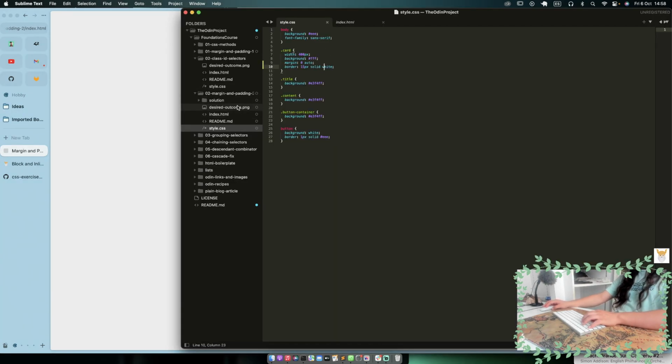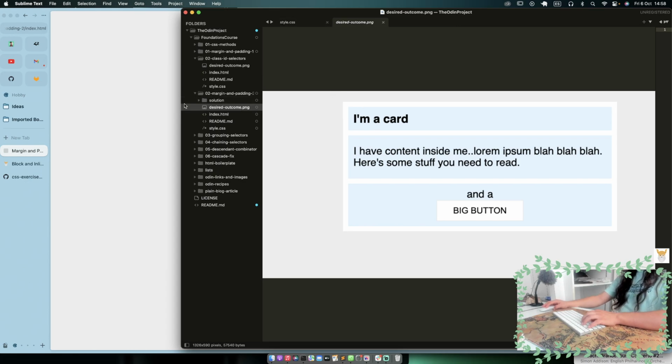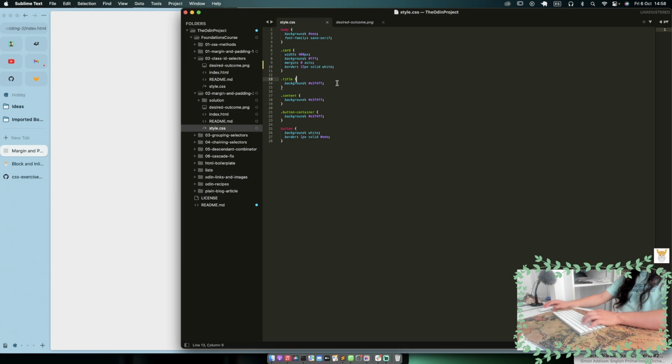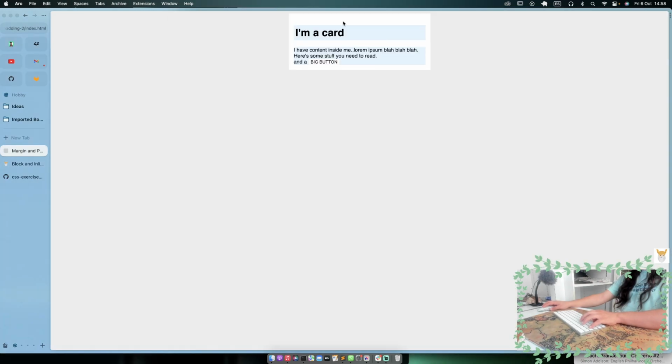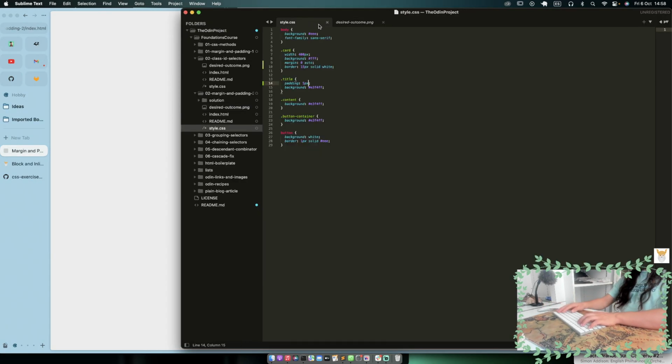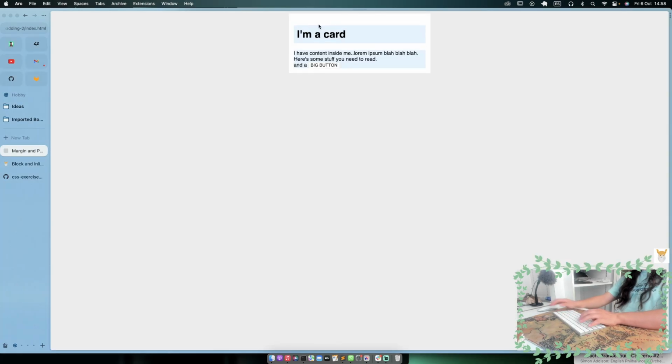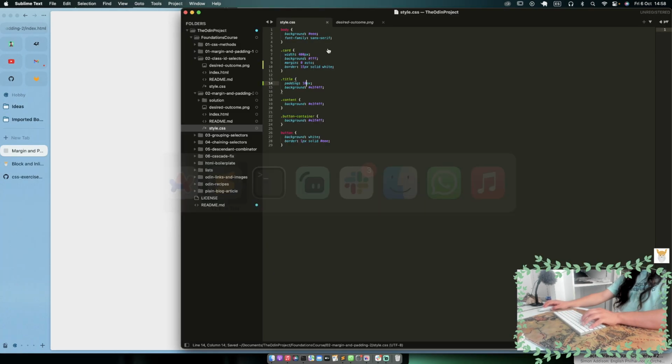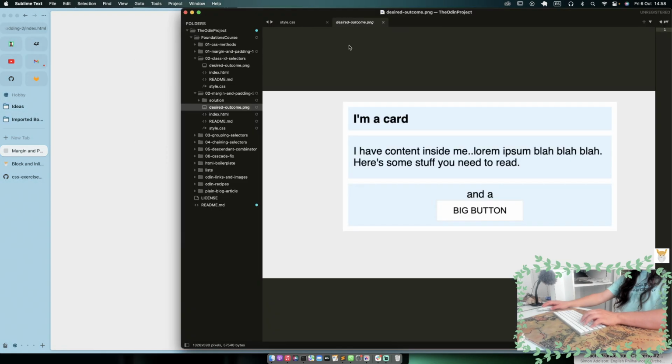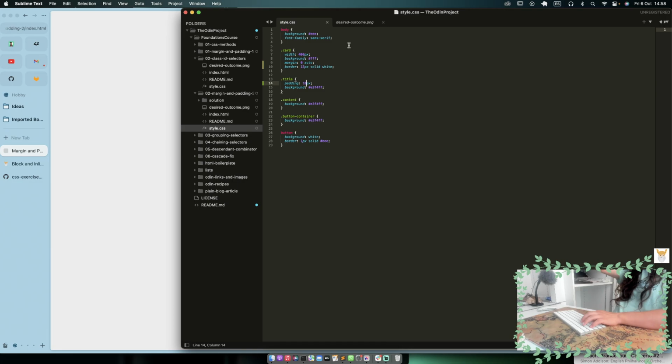The solution, where is it? I'm a card. It has a padding, so title 1em. It's a lot, 5 pixels. Yeah, this looks about right. No, a little bit more, 15 or 10. Let's see. Yeah, this looks correct. Now,